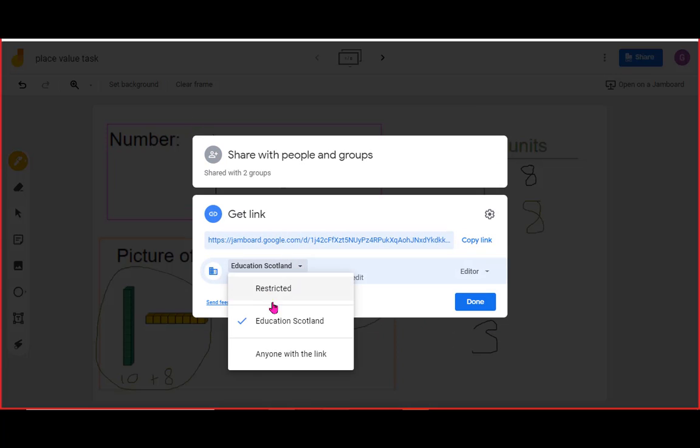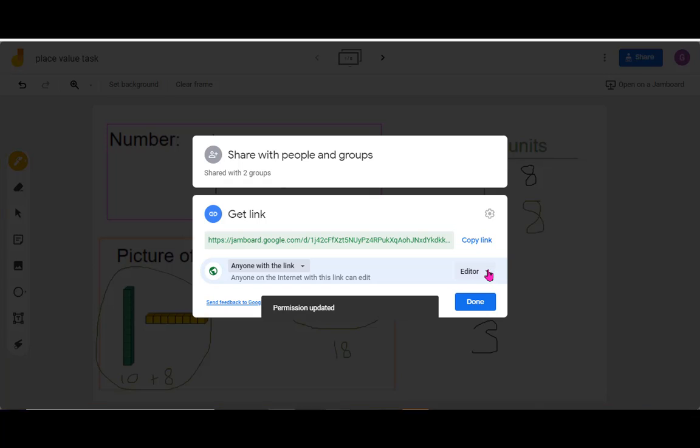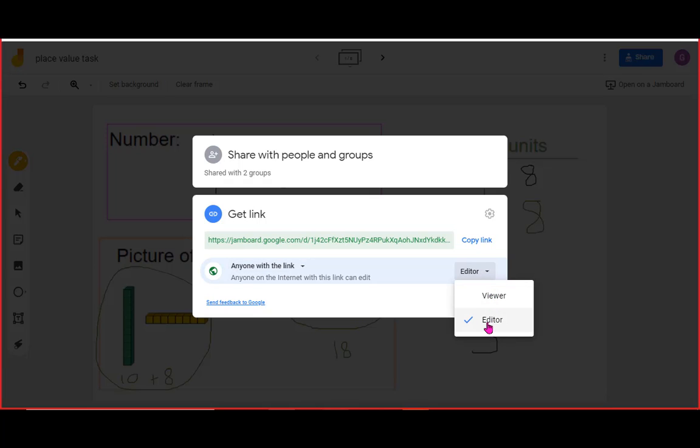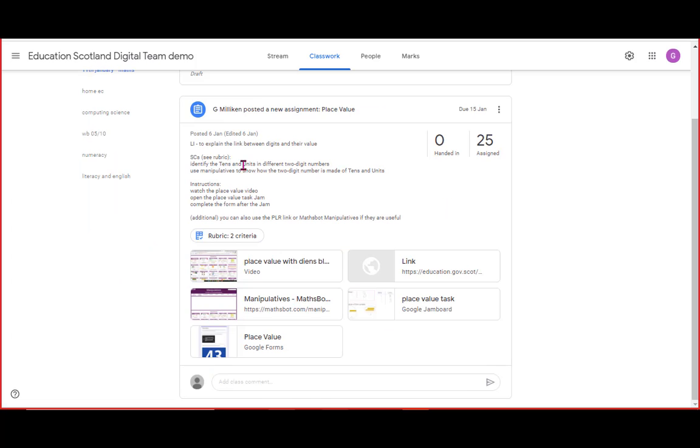So you might need to change that to, you know, whether it's just the pupils, and then you need to invite them by email. That's probably going to be fine if that's for you, if it's your school or local authority, that heading. I'm going to make it just now, so that if people ever look at this example, they can, anyone with a link. And then you've got to also check whether they're a viewer or an editor. So I want my learners to access this. I'm making it editor, and then I've got to copy that link before I click done. To then share that as part of an